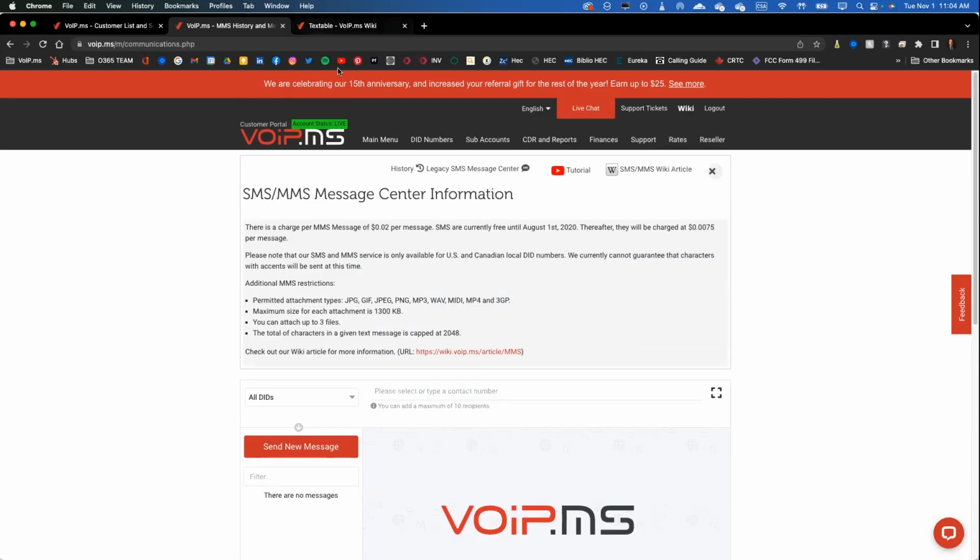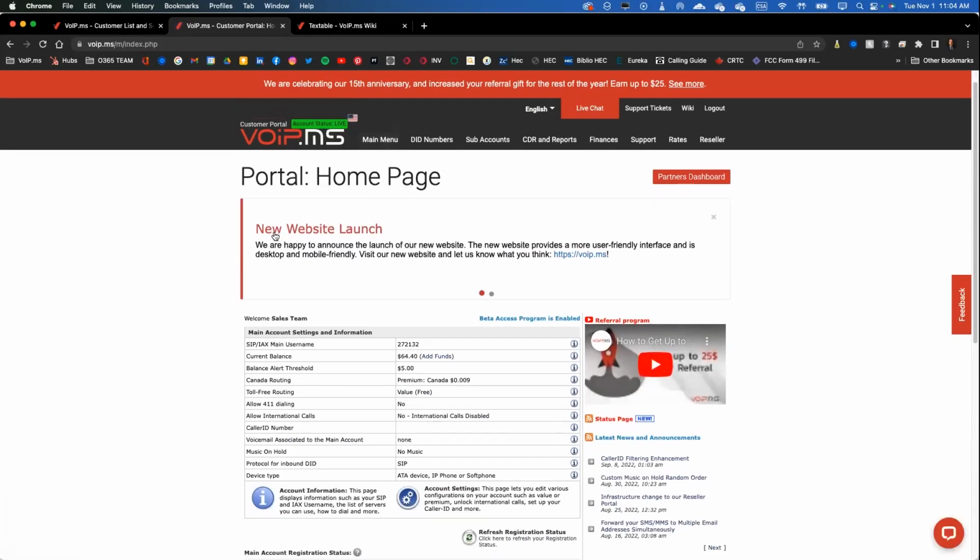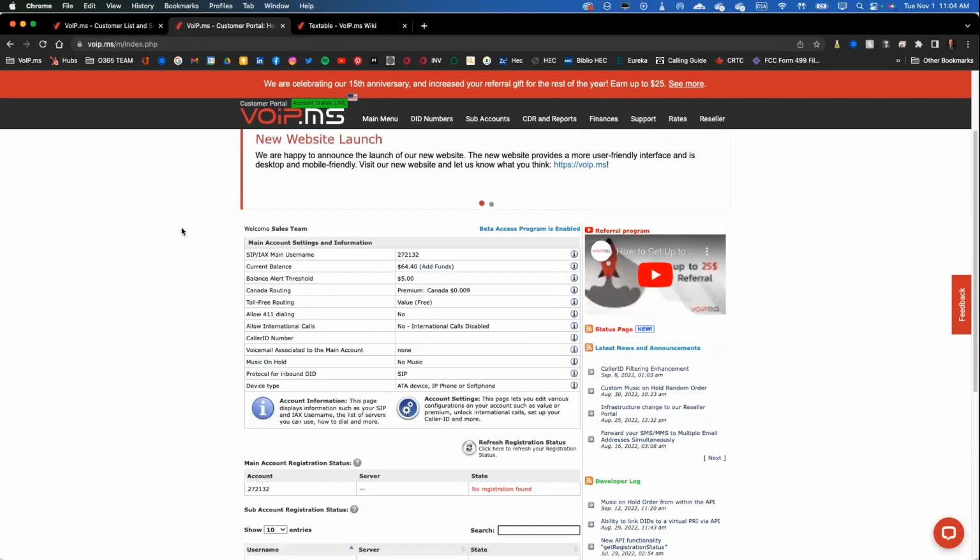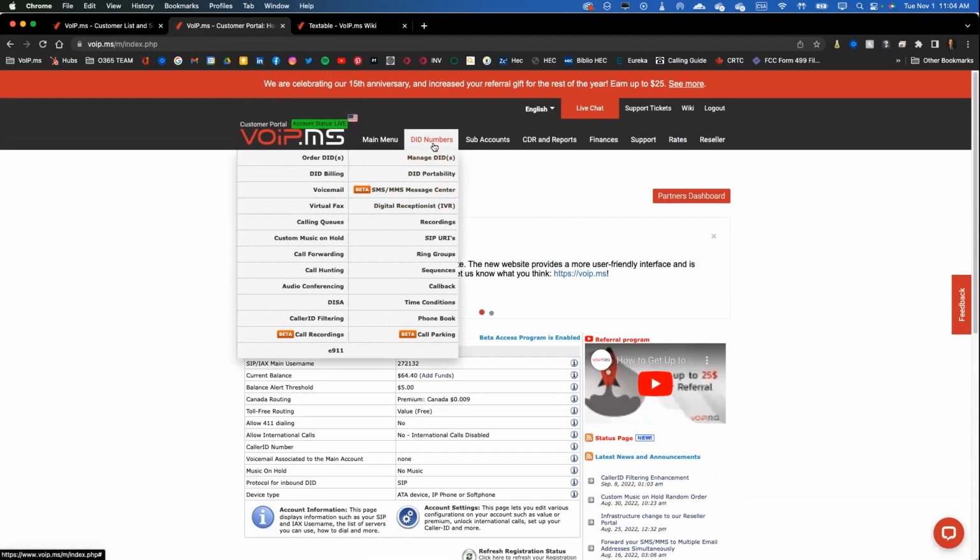So that's pretty much it on the VoIP.ms portal. You could use us, as I mentioned, as your VoIP provider. You can register your DIDs, and your DIDs can be used for SMS but also for your voice needs. So you could build up a complete VoIP system with a digital receptionist and multiple extensions routed to different users. You can record, and there's failover.